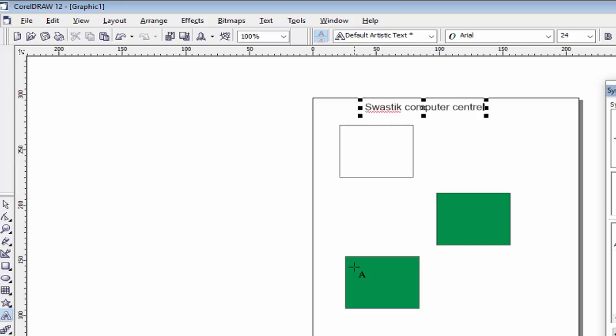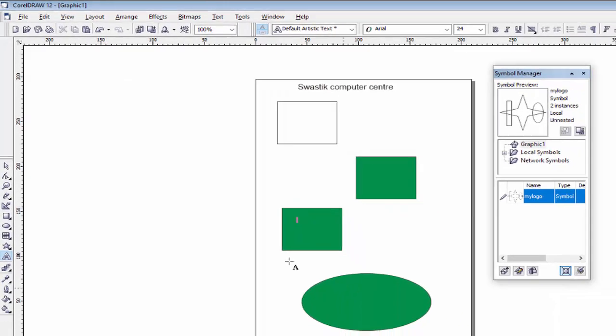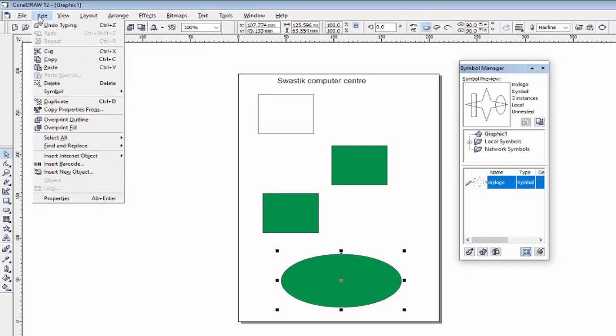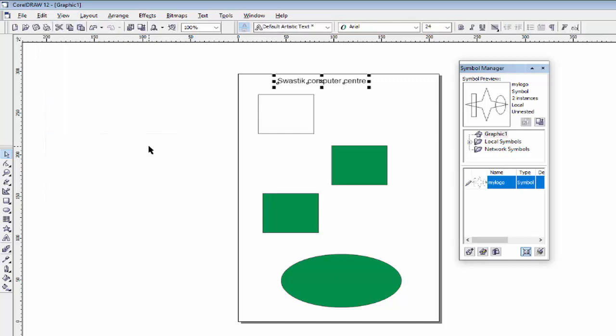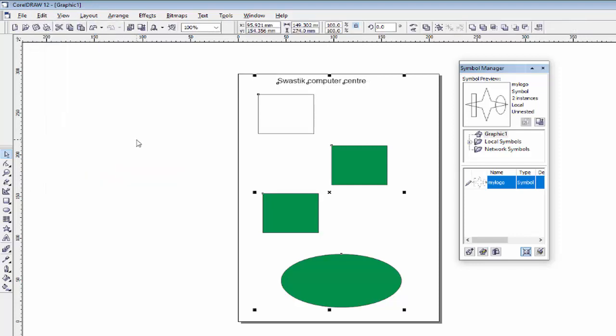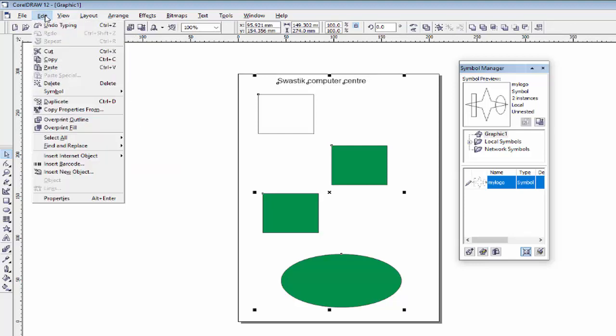So if I select this object and I want to select the text, go in the select option and click on text. You will see only text will be selected. If you go in select all and click on object, you will see all objects created in this Corel will be selected. So these are the two options which are required, and go on to the next option, find and replace.